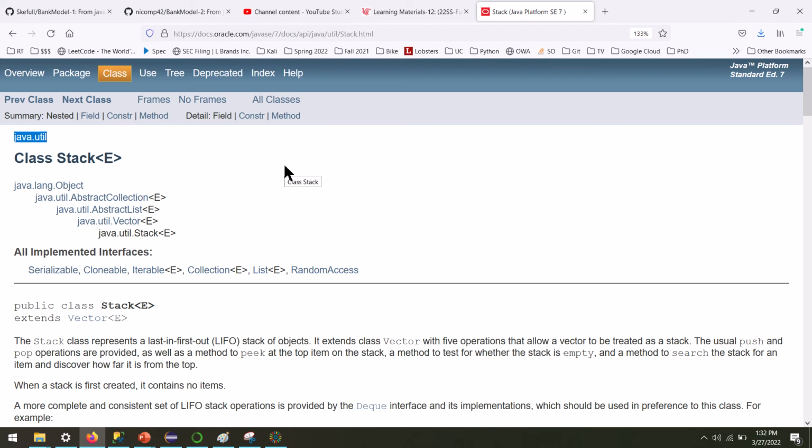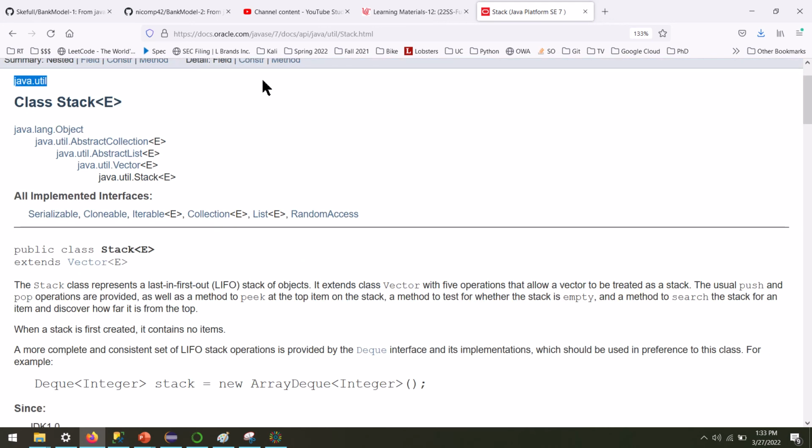I'm emphasizing this because I have had these problems in the past where I, in my program, am using a class that I didn't know was part of a third-party package, and I thought it was part of a standard Java library package. Therefore, I got very confused. That's why I'm harping on this point. We are using the correct class,